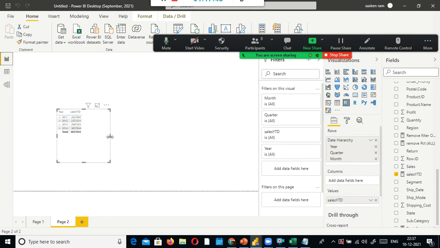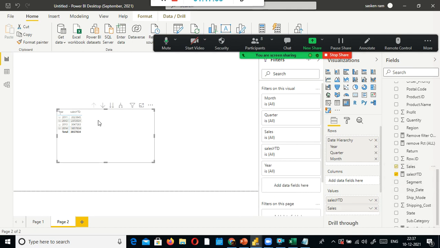So here it is, we are getting this one, and I just drag and drop this one also here, actual sales. So 2023945, this is the sales, right? And year to date, when I expand this,